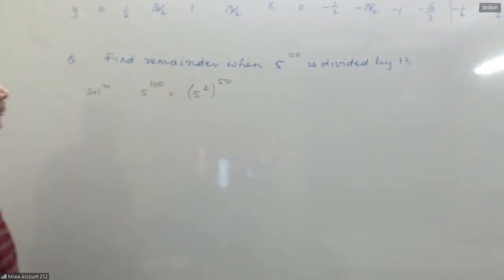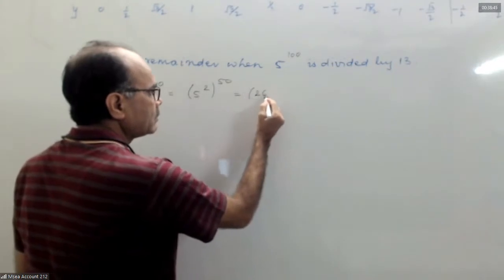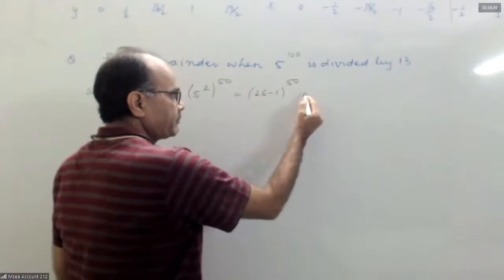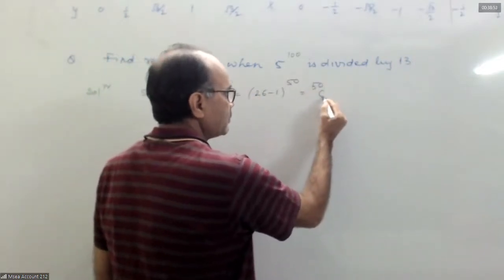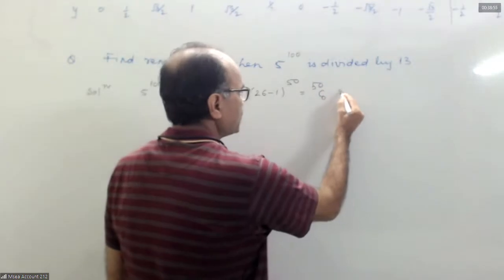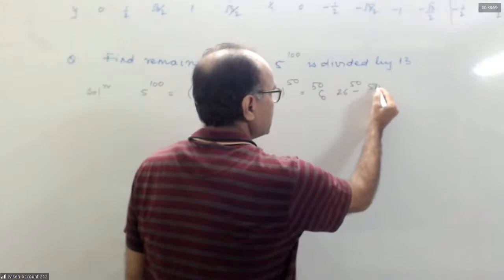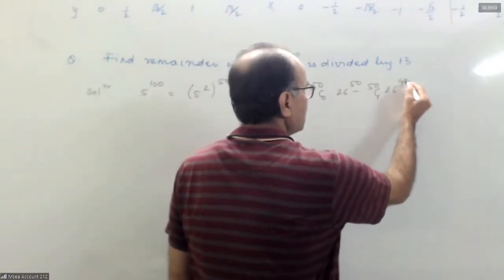Yes, sir, 5 square is 25. So I am first expanding it properly. 50C0 into 26 to the power 50 minus 50C1 into 26 to the power 49 plus